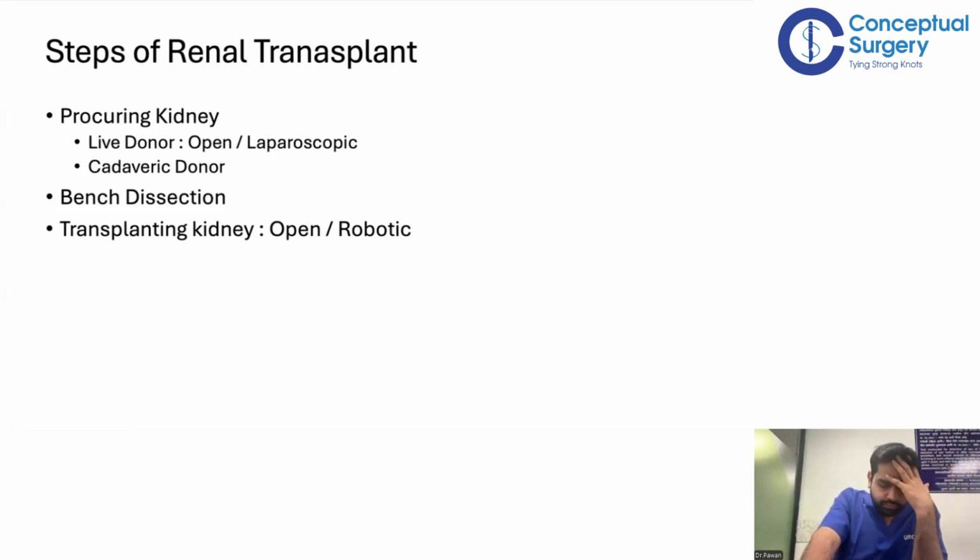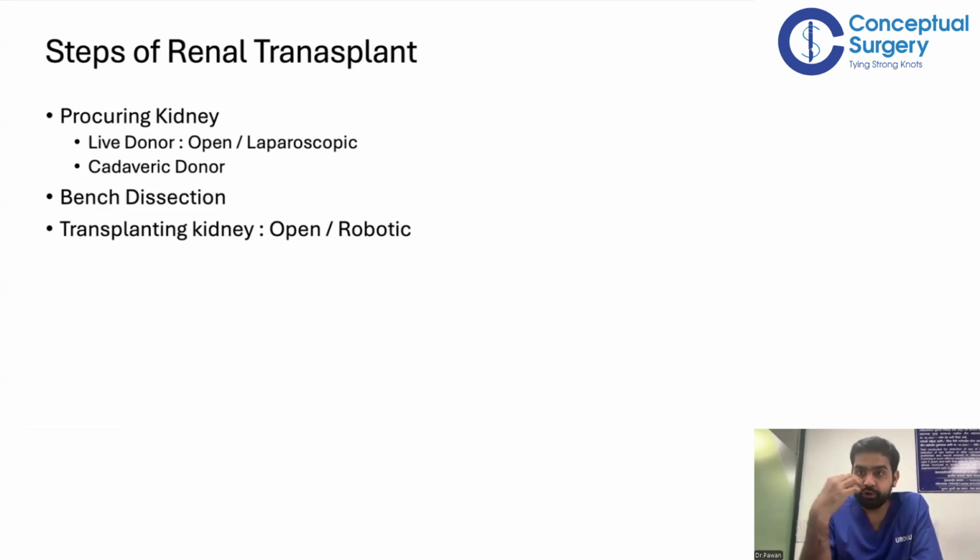Live donor is something which is very commonly done in India. As I told you, in India the cadaveric donor program is not that well established. What we have immensely established is the live donor program. Now, if there is a live donor, it means any living person who is voluntarily